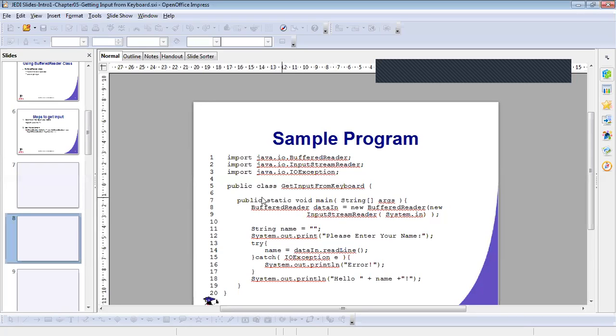Then followed by main, we have the class name, GetInputFromKeyboard.